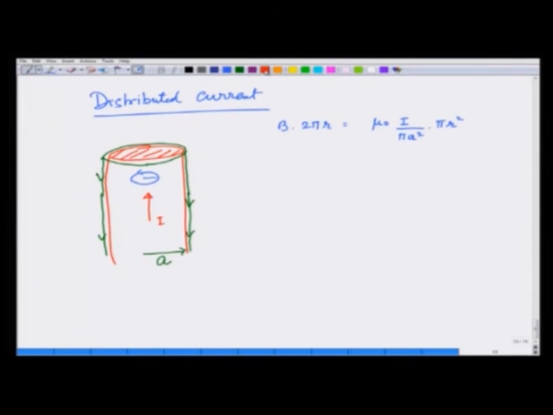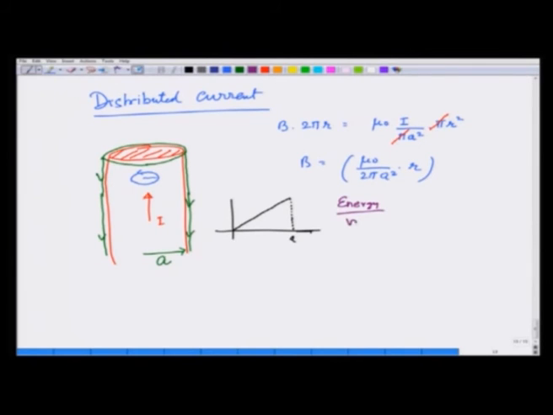Let us cancel this pi, and therefore, I get B to be mu 0 I over 2 pi a square times r. So, the field inside the wire is increasing linearly up to A, and then it becomes 0, because for outside the net current enclosed is 0, and therefore,